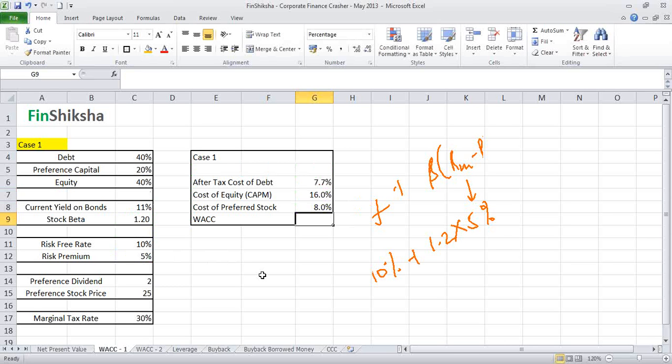Now all I need to do is a simple weighted average. So debt 40% multiplied by 7.7%, plus preferred 20% multiplied by 8%, plus equity 40% multiplied by cost of equity, which is 16%. The weighted average cost of capital for this firm is 11%. That's one kind of question that you can get. Fine, usually. Now what we'll do next is, if